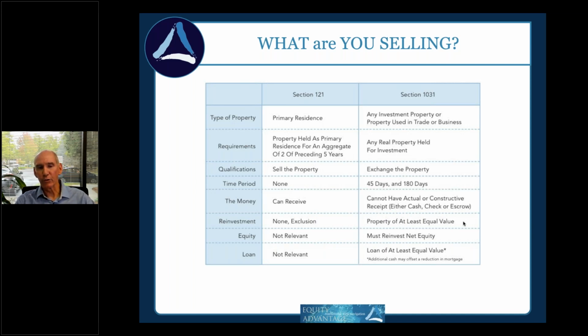Imagine a duplex, half owner occupied, half non-owner occupied. Imagine a large acreage property. You've got the house and then you've got the land, the same situation. Maybe you've got a bed and breakfast. You live in a piece of that property. Some of it, you're going to have an allocation under 121. You're going to have an allocation under 1031.